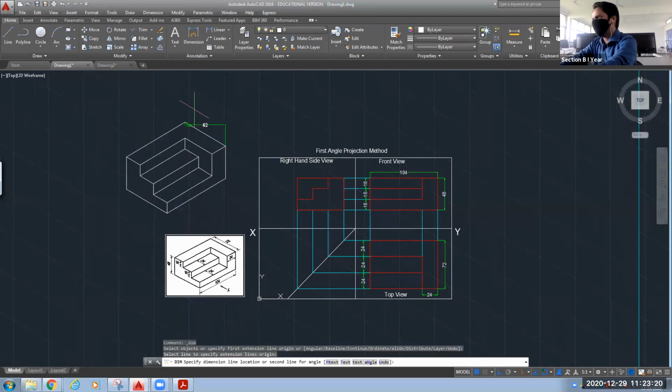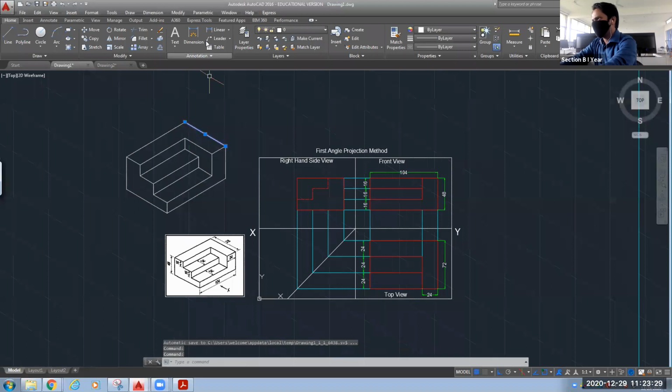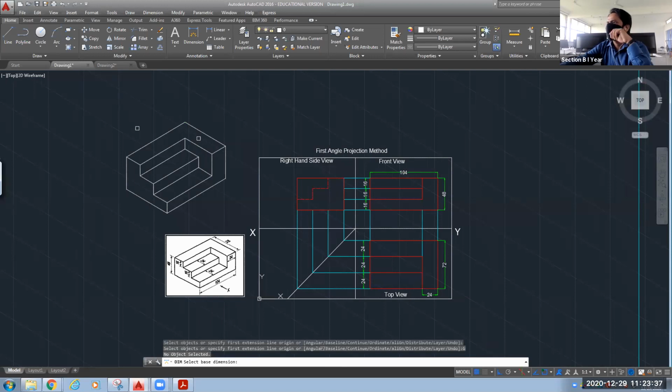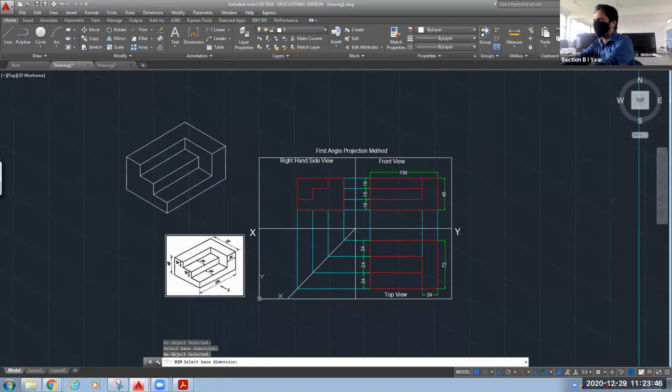It is not giving the inclined dimension. Give me 1 minute. I'm trying to figure it out.